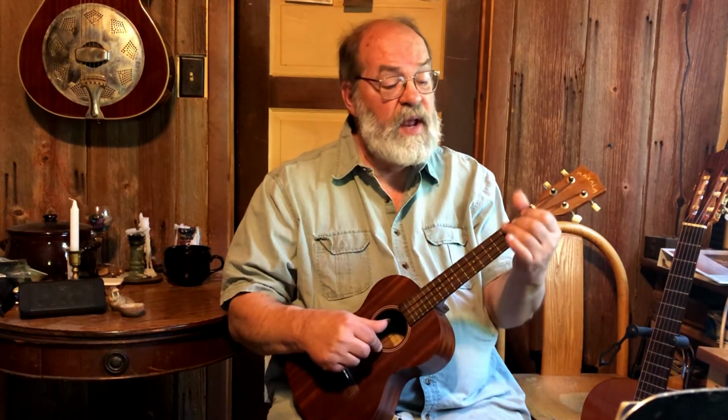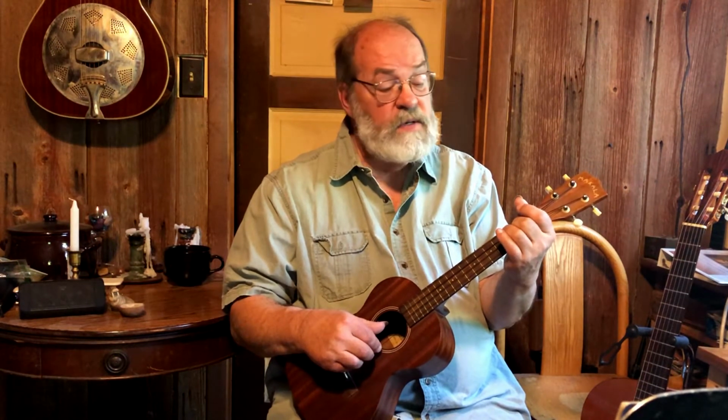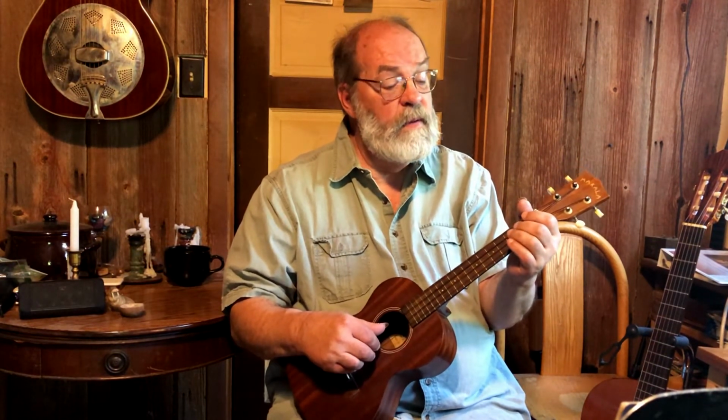You'll see some numbers on those. Those indicate the frets that you're going to play. And for now, whatever finger we're going to use will be determined by the fret that it's on. In other words, first finger will play the 1st fret, second finger will play the 2nd fret, 3rd finger will play the 3rd fret. So we're starting out with